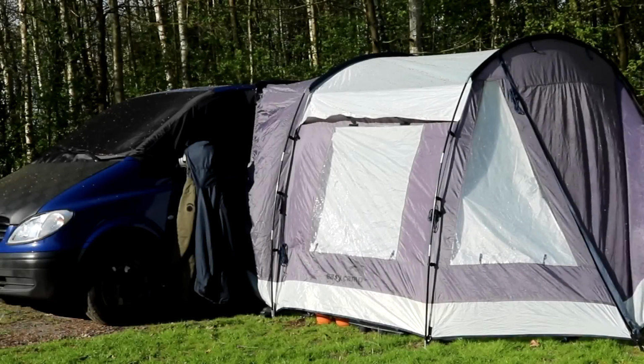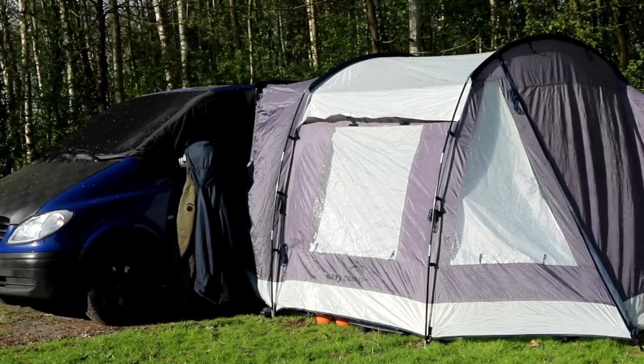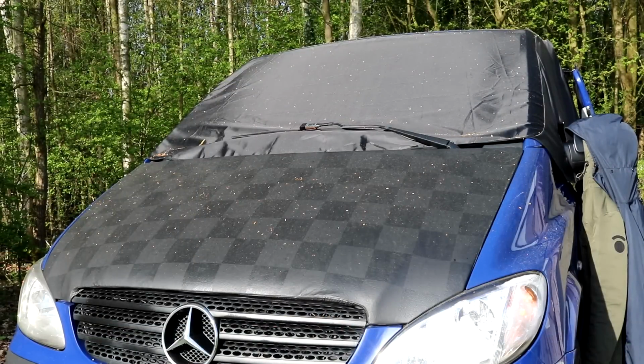So we're up in Yorkshire to do some camping, and I've had quite a lot of requests to do a van tour, so here it is. So this is our Mercedes Vito 2010 camper van, which we converted ourselves, and I'll leave any links to things